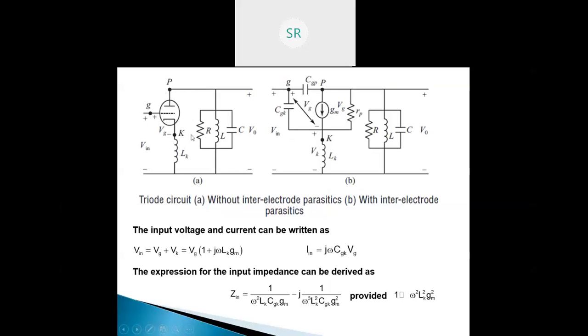And due to that grid inductance and grid capacitance, what happens? The overall impedance, at the input side or at the output side, has to be matched to your load. Because of those capacitances, tuning is difficult, and due to the difficulty in tuning, the efficiency decreases at microwave frequency. So the overall tube efficiency is decreasing.